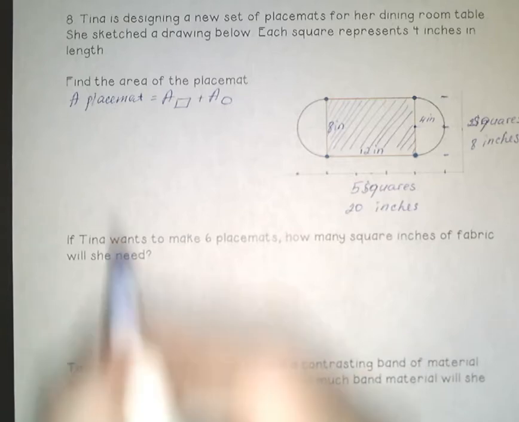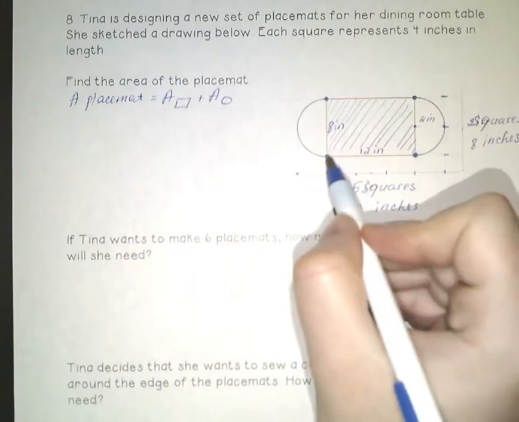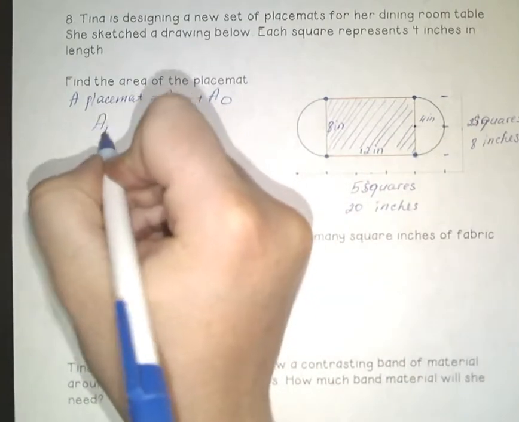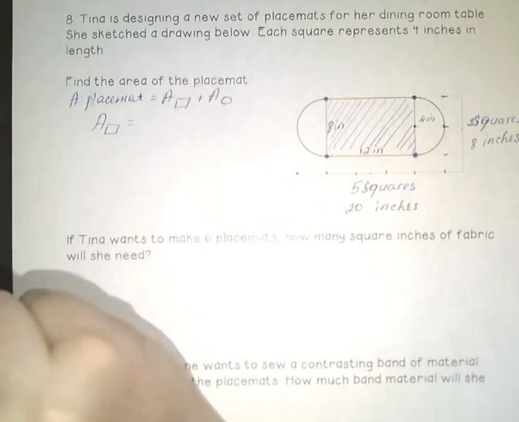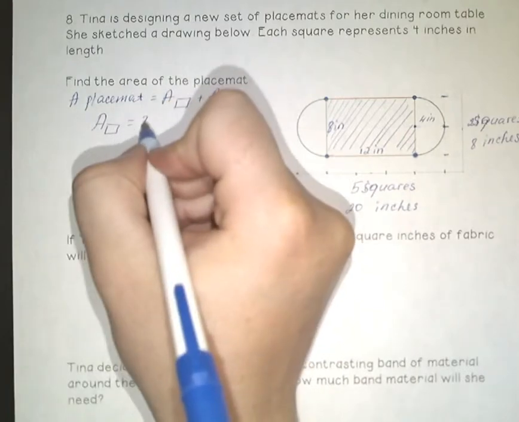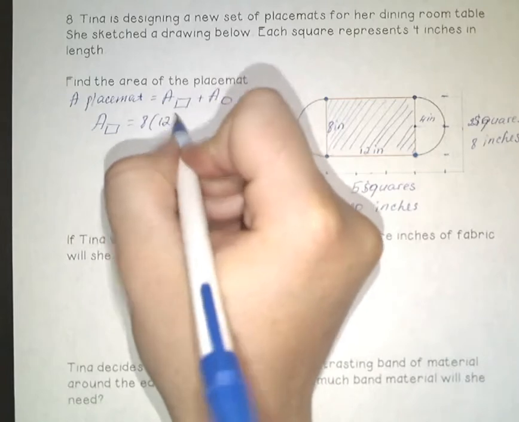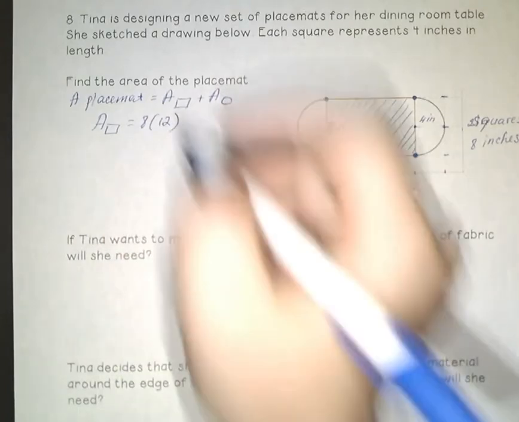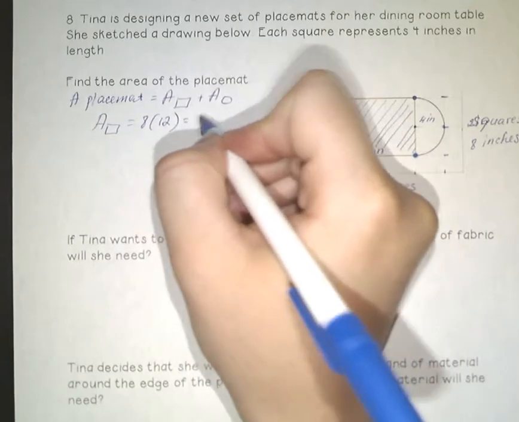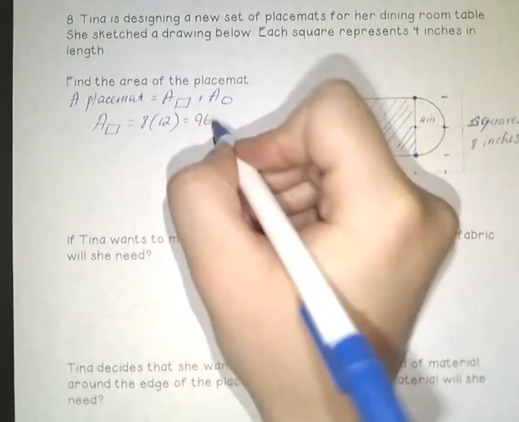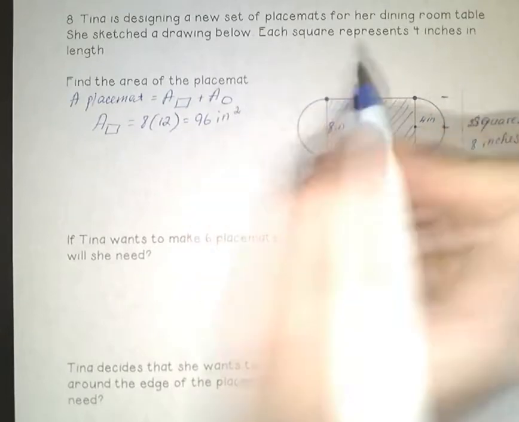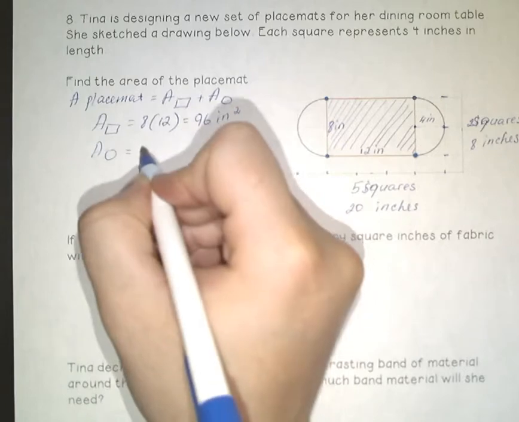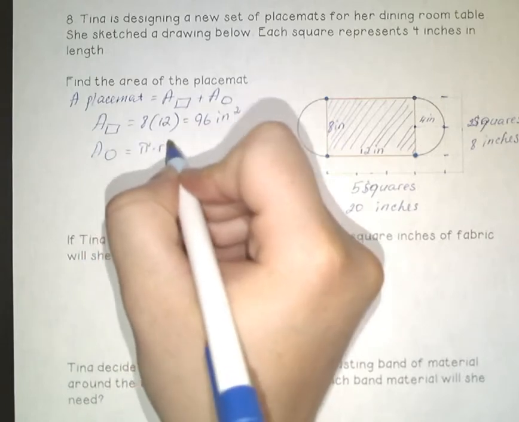Okay, to find the area of the rectangle, I simply need to multiply length by width. Area of the rectangle is 8 times 12. And 8 times 12 is 96 inches squared. To find the area of the circle, I'm going to use the formula pi times radius squared,